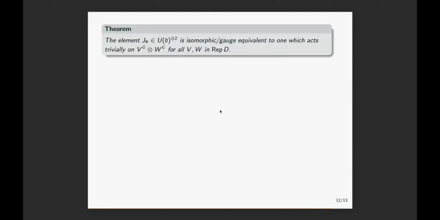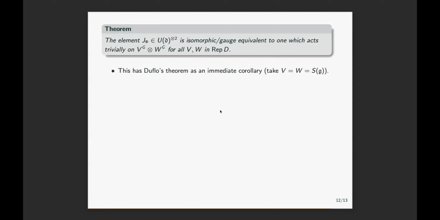Anyway, so here is a theorem that might look a bit weird right now. The claim is that these elements that encode everything act on the tensor product of any pair of objects in Rep G. And the claim is that if I restrict to G-invariants on each factor, then this element will act trivially on this. Okay, so that's a fact.